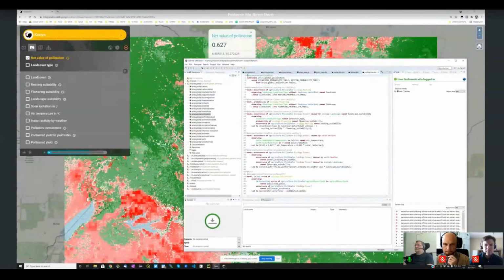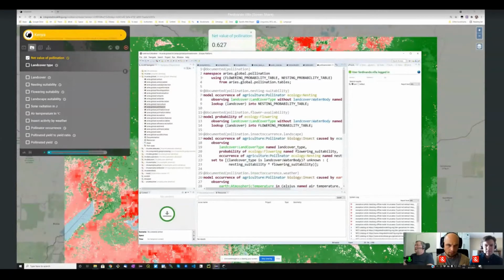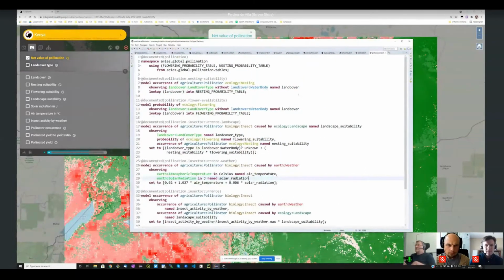So before I move to having a look at applications, this is our interface for modelers, and I wanted to show you very quickly, just as an example, how models are put together and the way they are written, because it's a very different way from what you may be used to. You're probably used to Python or R, where you have to really implement procedurally: take the data from here, then loop over all cells or polygons, and for each one of them calculate some things, take the data from one place, put them in another, then write back a file or something like that. There's nothing like this in Aries.